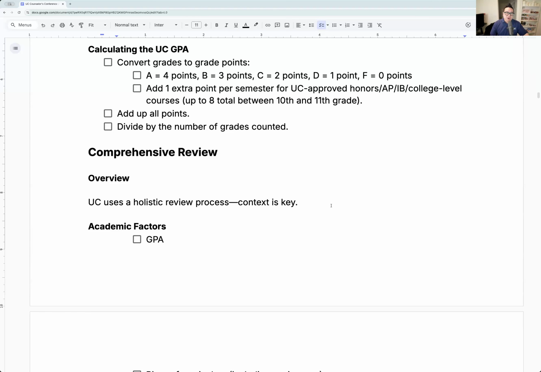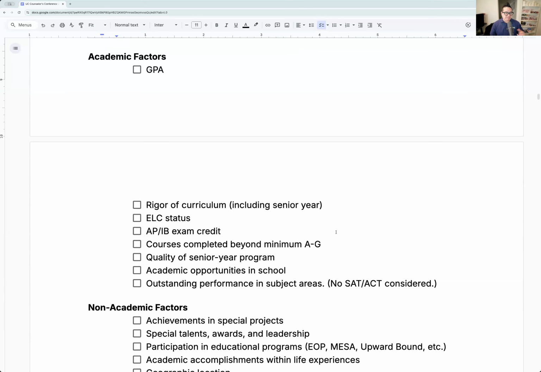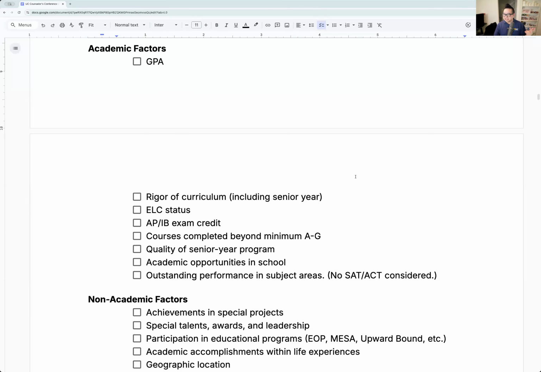Comprehensive review. The reason why I say don't worry so much about GPA is that it's one tiny thing out of a bunch of different factors that the readers do look at in your schedule. Some of it including GPA, rigor of curriculum, ELC. ELC is the eligibility in local context, is key as well, too,